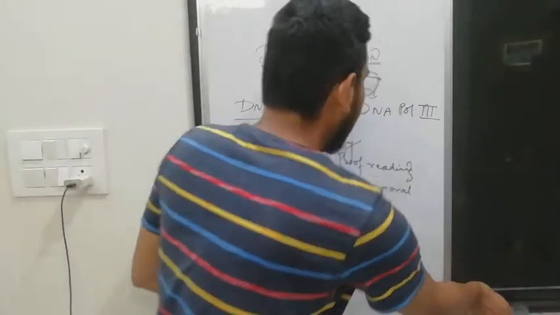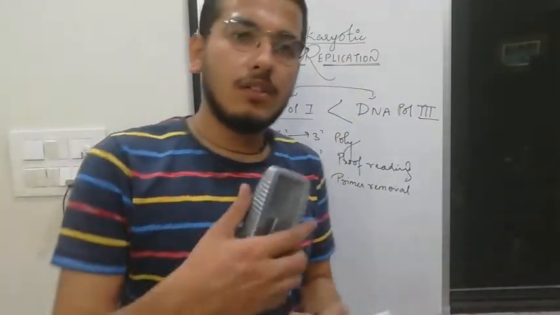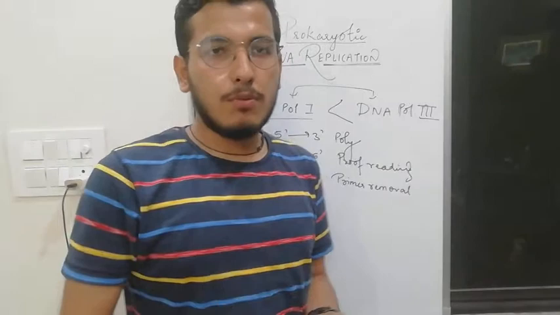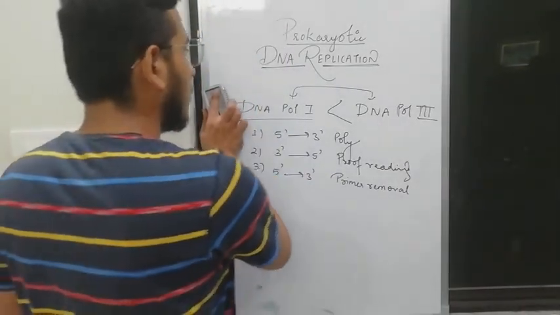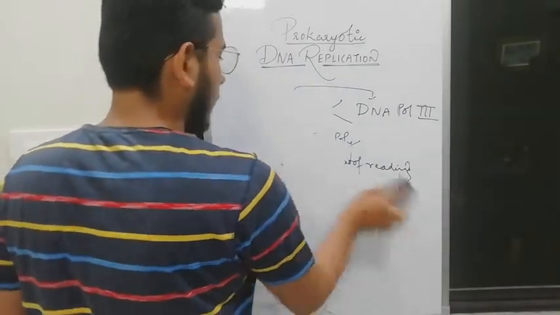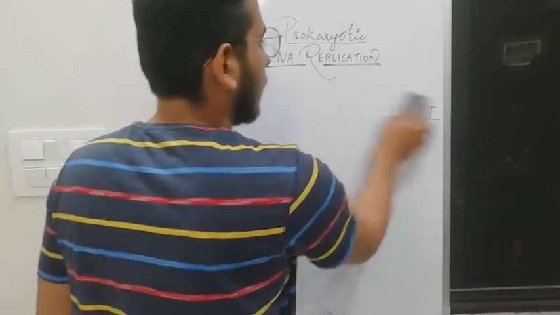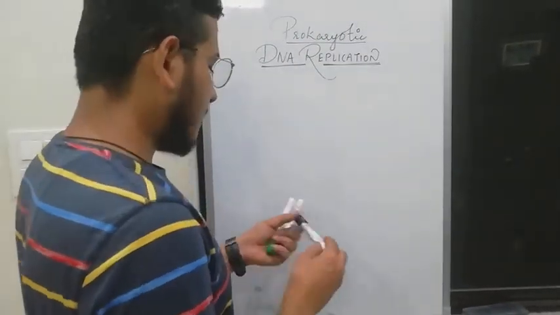Now, DNA polymerase 2 helps DNA polymerase 3 and 1 to get into their function. So it has no such function for this. Now we saw DNA polymerase 3, 2 and 1. Now we'll see that